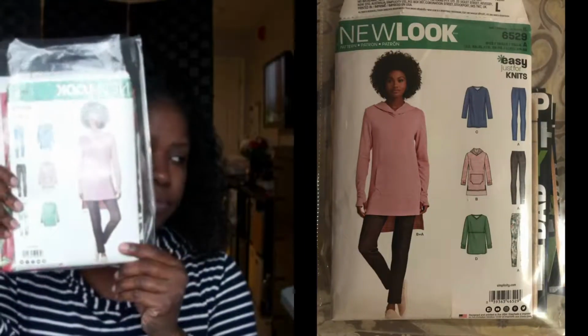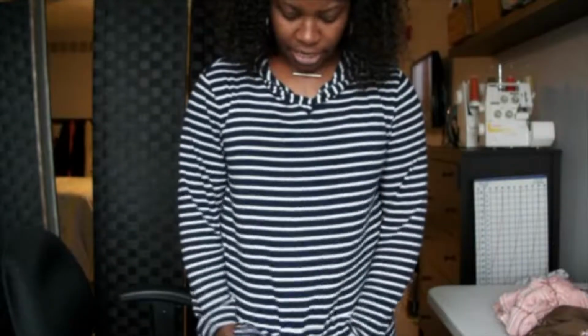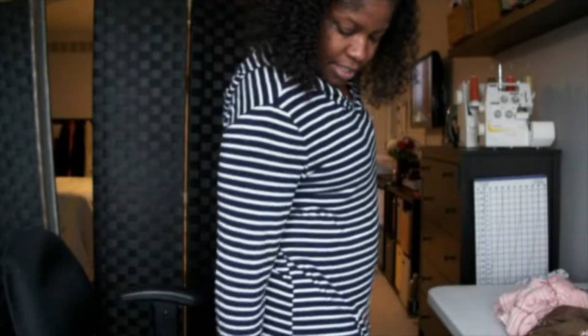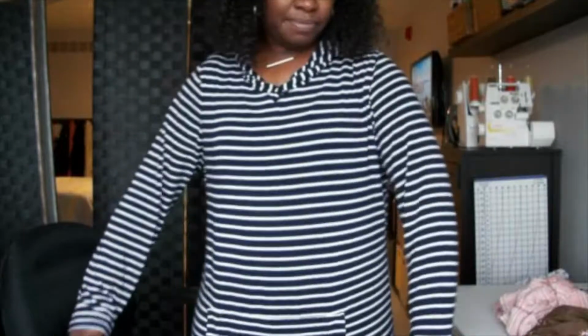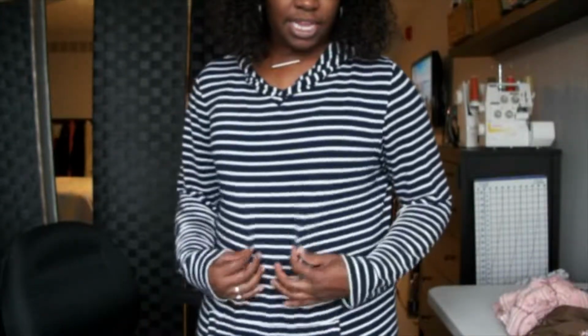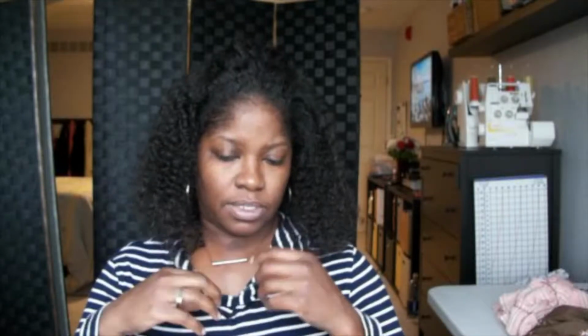I'm wearing this hoodie tunic that I made from this New Look pattern, 6529, and let me stand up, I'm in frame. It has a pocket, little slit on the side. You might not be able to see that. This is a size medium, I think, and I got this fabric from the Discount Fabric store in Clawson, Michigan. I actually made this earlier this year, and